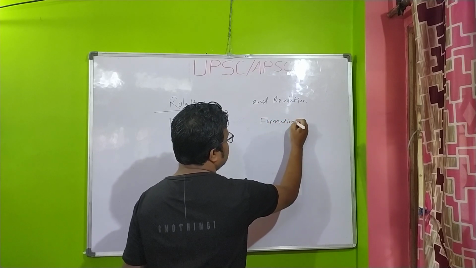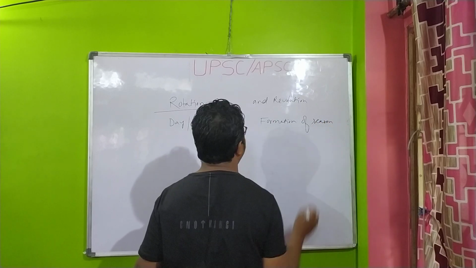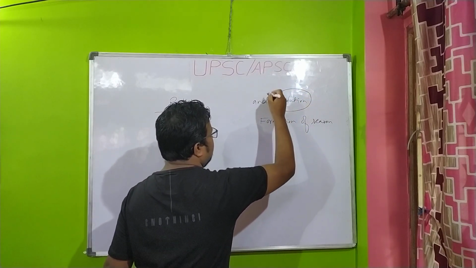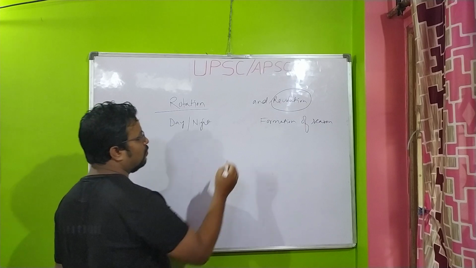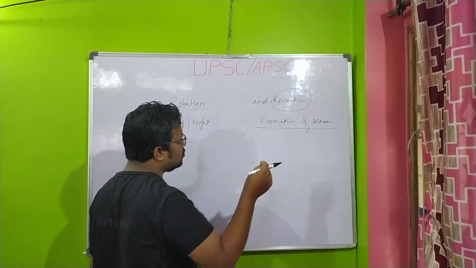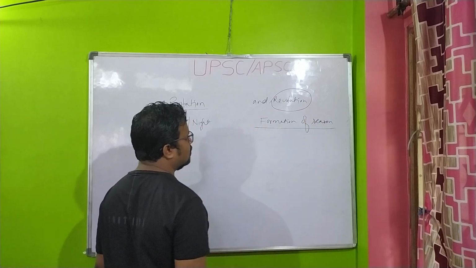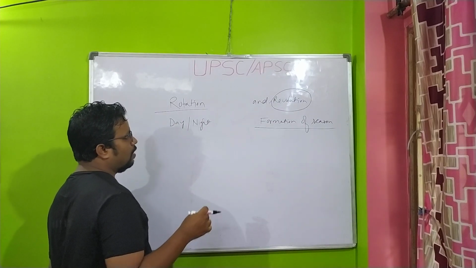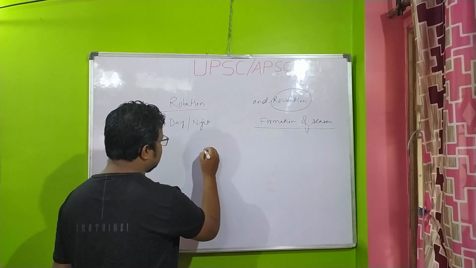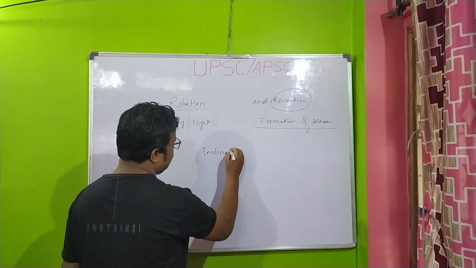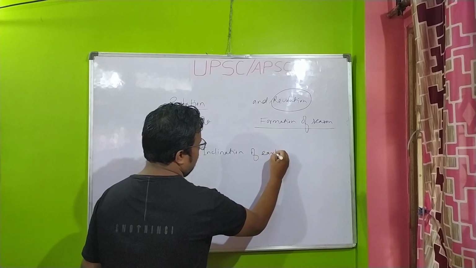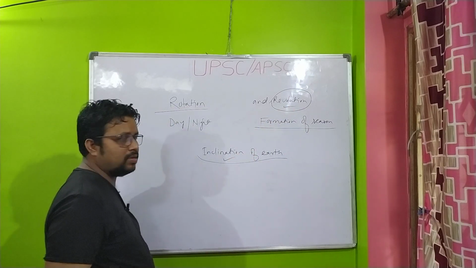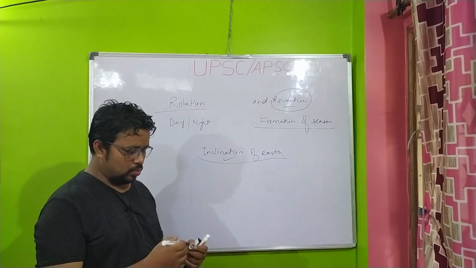Formation of what? Season. Okay, but revolution alone cannot be responsible for the formation of season. That means revolution is not the only factor for the formation of season. There is one more factor which is responsible for the formation of season, that is what? Inclination of earth. So revolution as well as inclination of earth, these are the two factors which are responsible